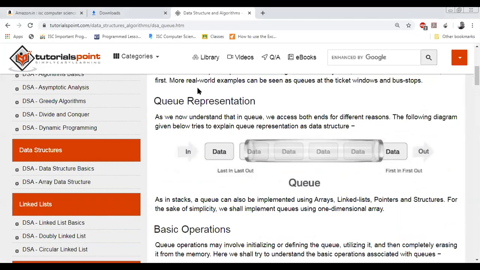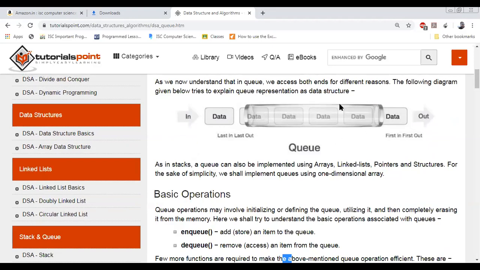This is what it shows, the queue representation which I discussed right now. It is shown in the form of a rectangular bottle which has both ends open. If this is the in and this is the out, in means you are entering the data, pushing the data towards the primary end, which is from where the output appears. So you insert the data and the data moves towards this side. First in, first out: from one end you are entering the data, and from the other end the data comes out.